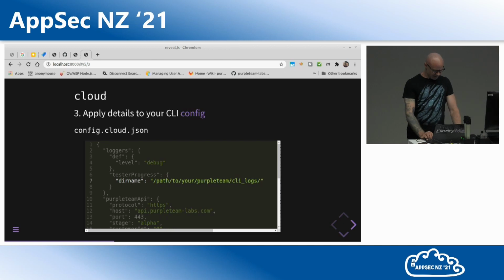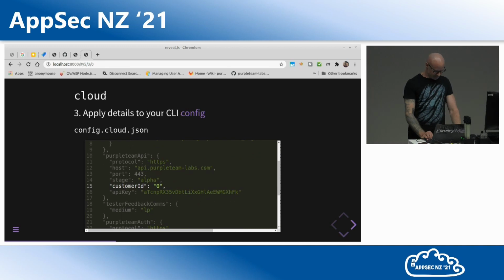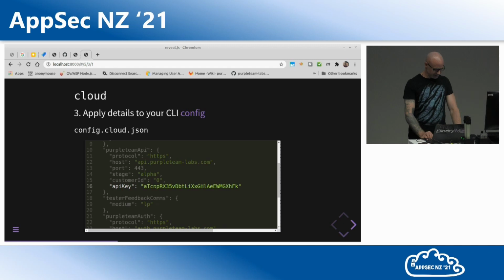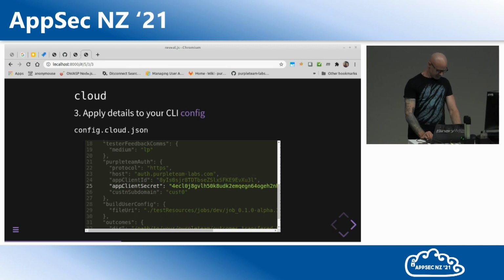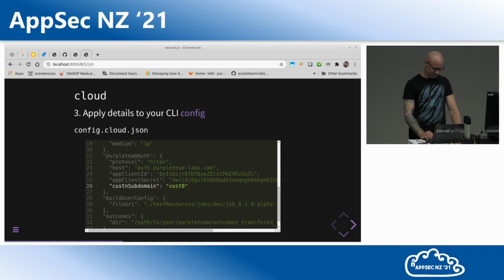So this is the CLI config, so it's the configuration. There's a bit of config in there you'll need to set up before you basically get going, even in the cloud environment. So that's the tester progress directory name, so that's where your logs sit for the CLI itself. This is the customer ID. So these details you would have been given if you sign up for a cloud account. The API key, the API client ID, the application client secret, the customer subdomain,